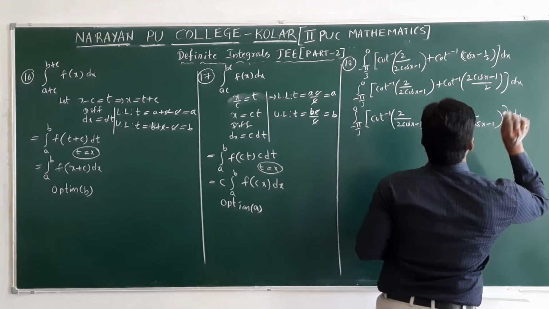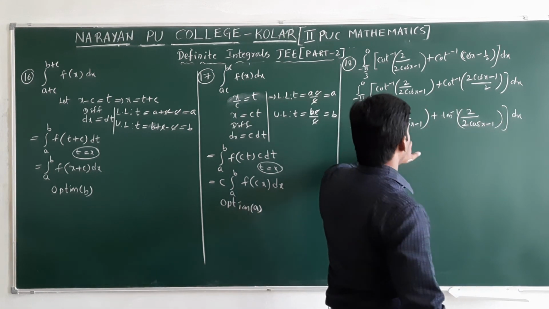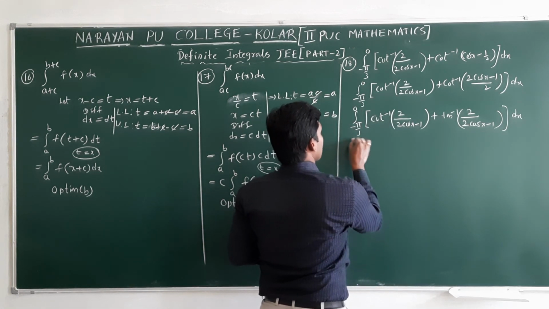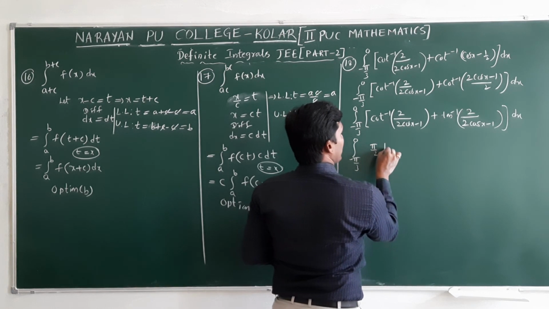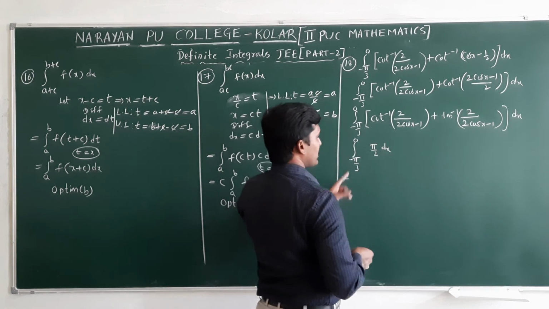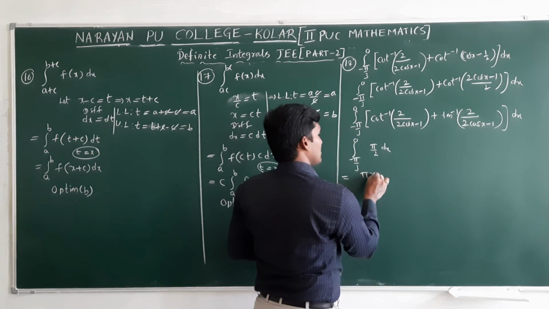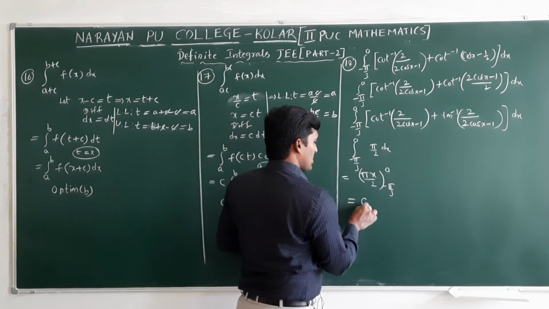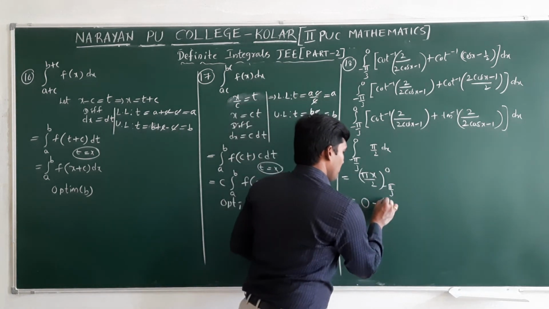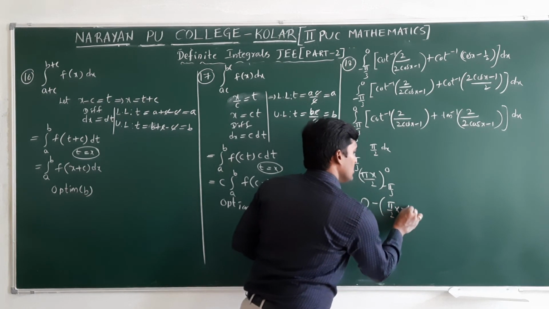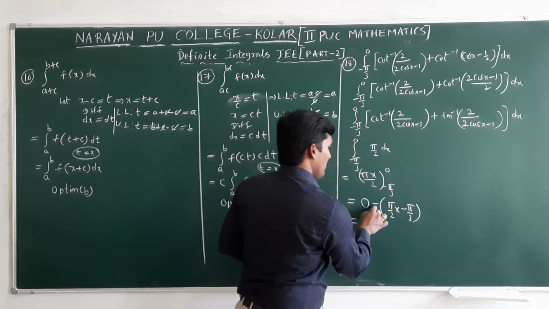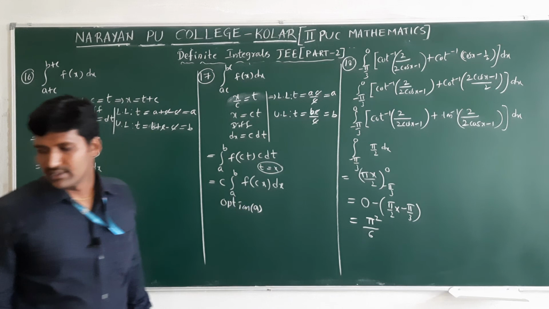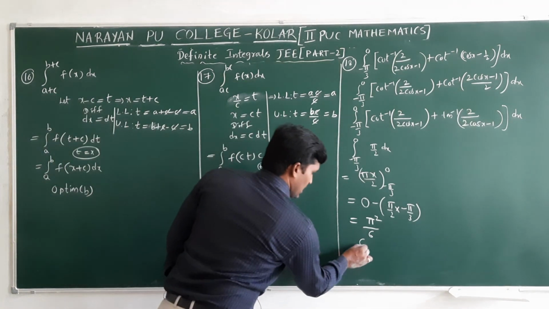According to the inverse trigonometric property, tan inverse x plus cot inverse x is clearly pi by 2. So the integral from minus pi by 3 to 0, what's the value? Pi by 2 dx. Integration of k dx is kx, that is pi x by 2, with limits from minus pi by 3 to 0. Substitute the upper limit, pi by 2 into 0 is 0, minus pi by 2 into minus pi by 3. Minus into minus is plus, pi into pi is pi square, 2 threes are 6. That is pi square by 6 is the answer, option A.